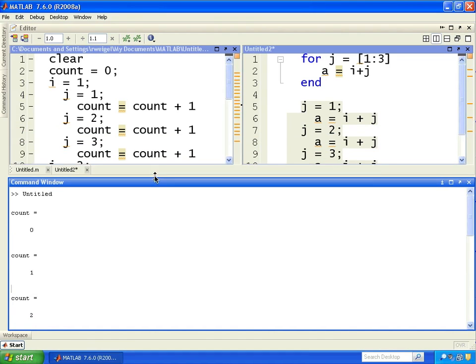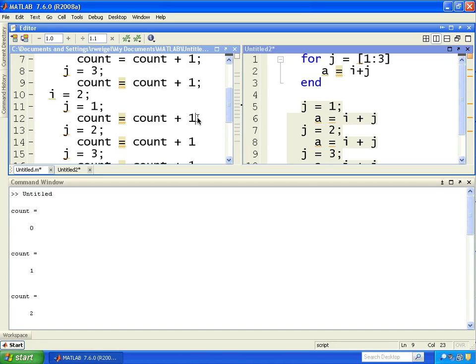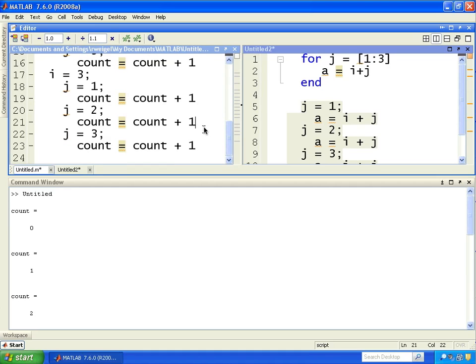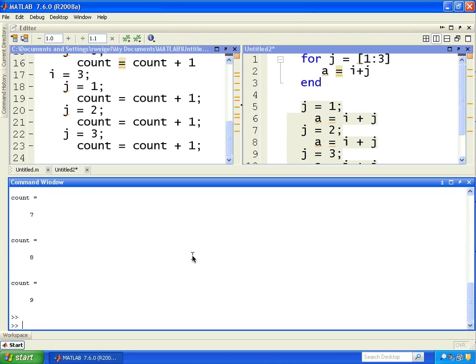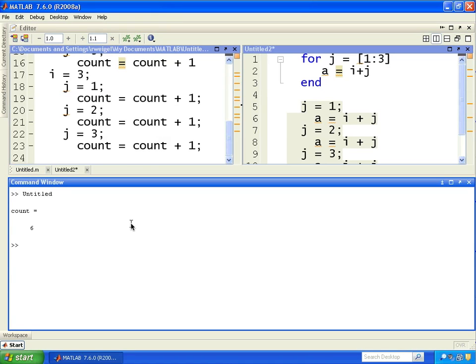So the thing here is that the program can be doing the same computation, but sometimes if you leave off semicolons in certain places, what you see on the screen will be different from one case to the next. But what's important is what the computation is, what's happening in terms of the computation. So in other words, I can do this, and I could run it, but at the very end, previously I had count is equal to 9, clear the console, and now I'm going to run untitled. Let me make sure I save it. I'm going to run untitled, and it's going to execute, and it told me count is equal to 6,